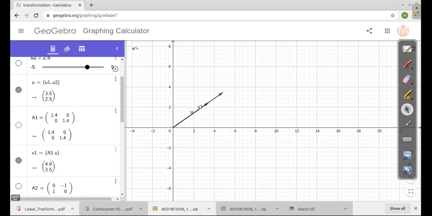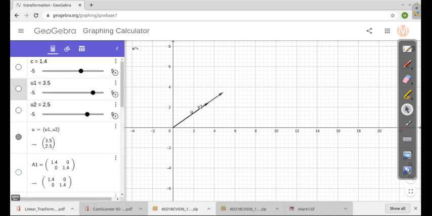If you can see here, it is the same vector u, but it is stretched. Now if I change the value of c here, what happens? See, it stretches either in the positive axis or negative axis. When c is negative, it stretches in the opposite direction. When c is positive, it stretches in the same direction. So stretching means pulling the vector. That is what happens here. So this is the first operation, the stretching operation.